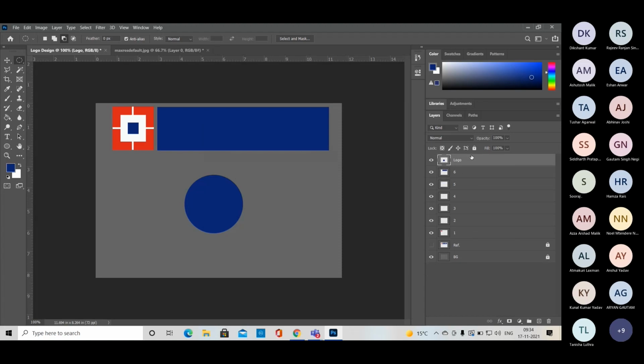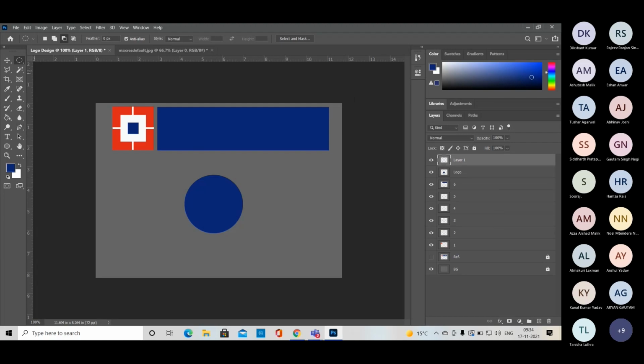Control Z again. Suppose I want to take a new layer, so I have the plus option. I can take a new layer. It's an easy process, right? But suppose we want to work very fast, so we have the shortcut Control Shift N. So we have an option, we can change it, right?